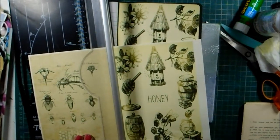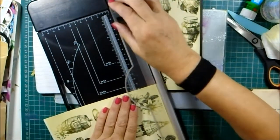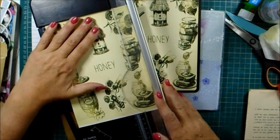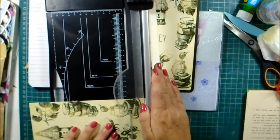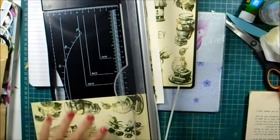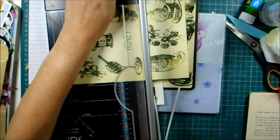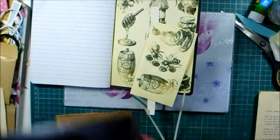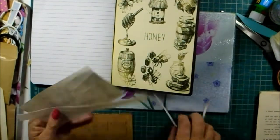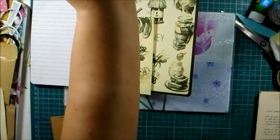And so, oh, sorry, I need to get the edges off, and then we'll know where we can go up to. It's just the bottom bit that I've got to snip off, these 3 images that are in the bottom. So let's get the edge off, and just under the line of honey there. Okay, so let's have a look at that. Roll this out of the way. And right,